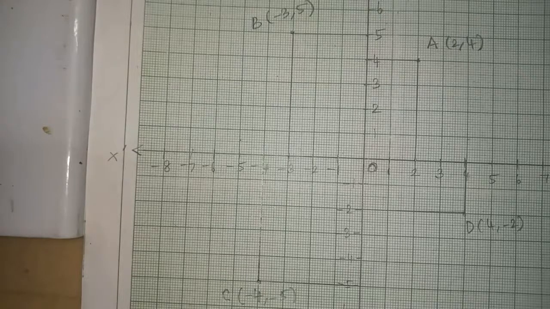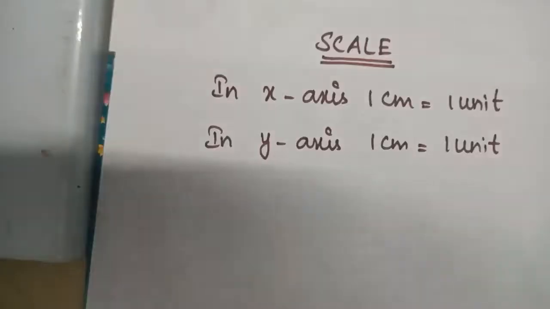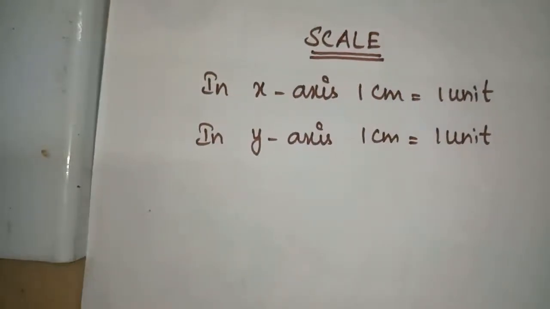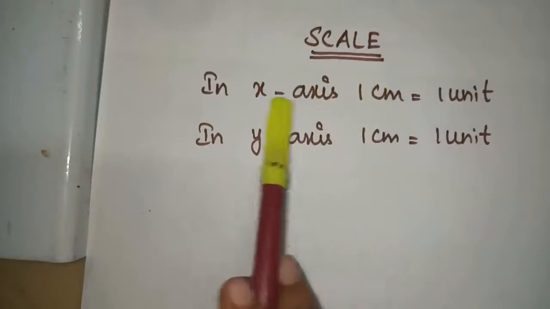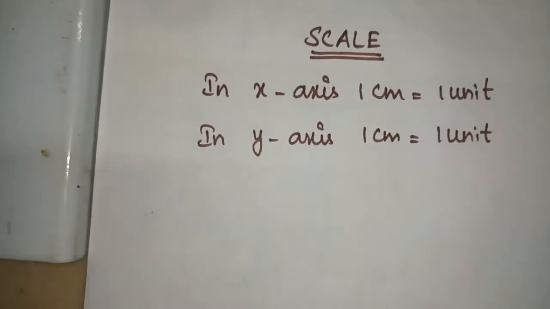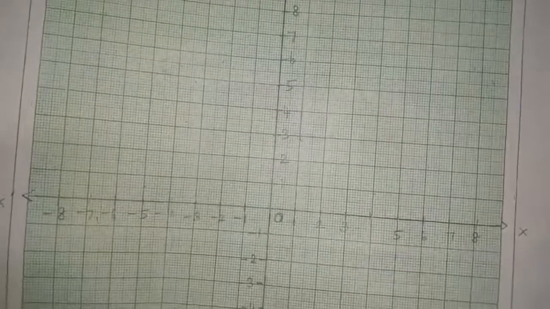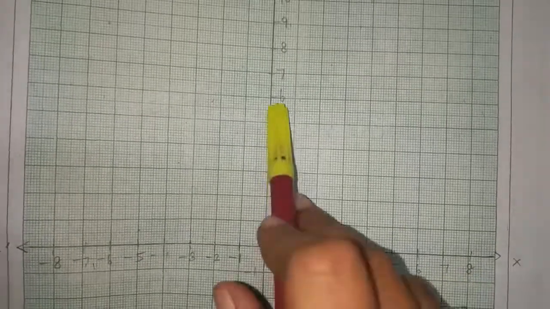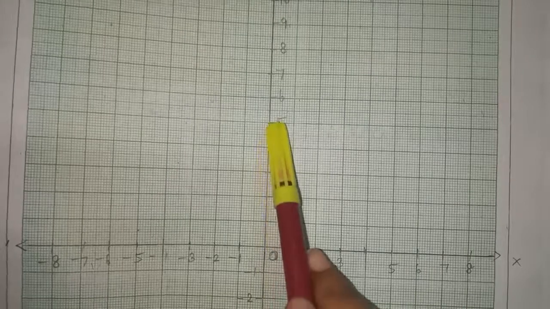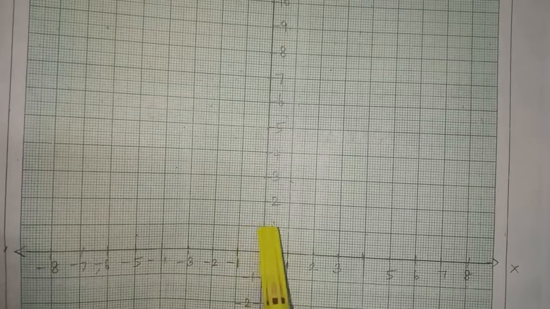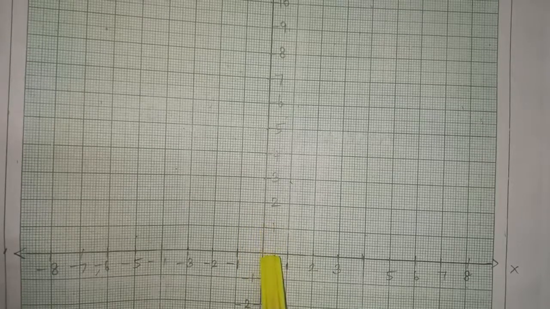Now we are going to see another example, example 5.3. The important thing in a graph is you have to write the scale according to the measurement you have taken in the graph paper. So in the scale, in x-axis 1 centimeter is equal to 1 unit, because in this graph I have taken points from 1, 2, 3, 4, 5, 6 etc. Likewise in y-axis also I choose 1, 2, 3, 4, 5 etc. From this point to this point, 0 to 1 is 1 centimeter, which we have taken as 1